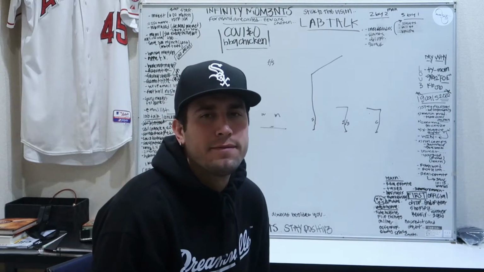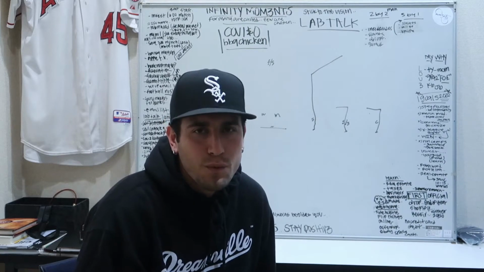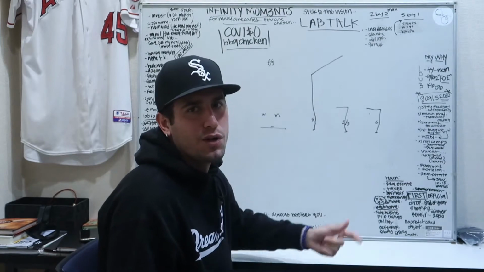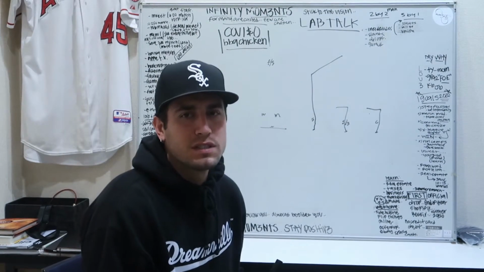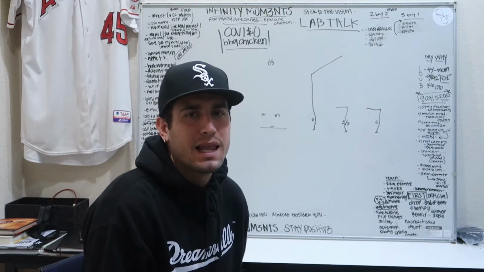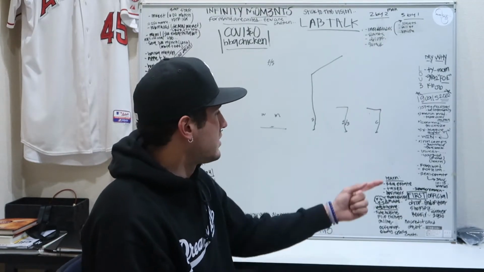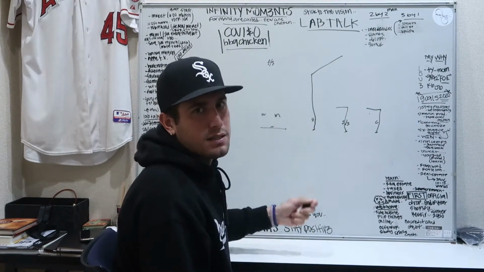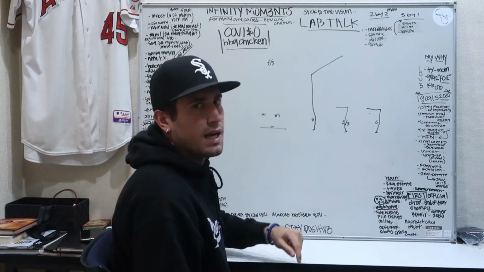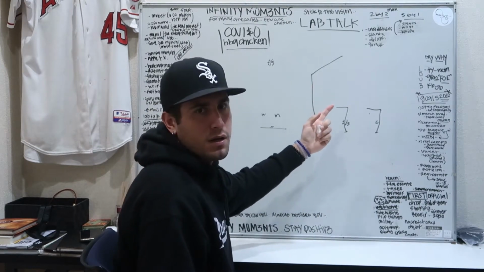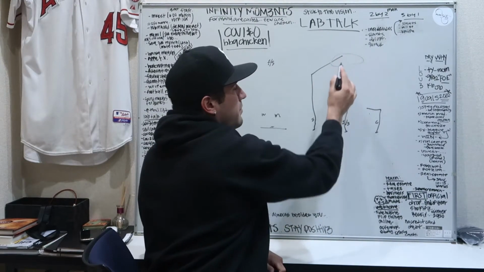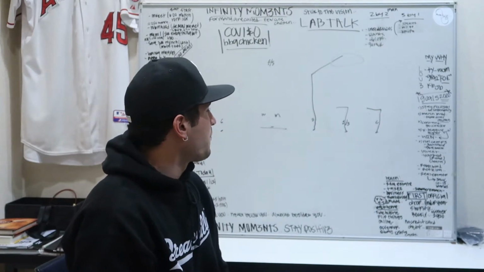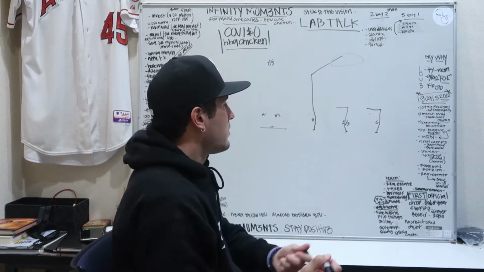So this is actually my favorite concept to run in the red zone, man or zone. You've got basically a high-low on the corner if it's zone, but obviously we're talking about man right now. I mentioned that I like in-breaking routes versus man, so 5-yard ends are good. If we've got a touchdown, if this is Cole right here, or one of our tight ends, he breaks them off. There's so much space back here, you can lay it up in the back corner of the end zone. Completed a lot of touchdowns using this play. If you don't like that, you come down, obviously,